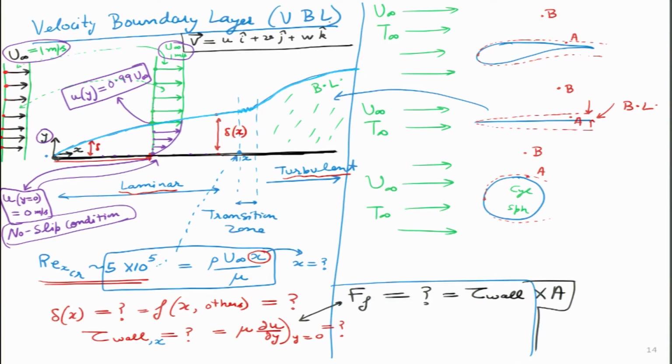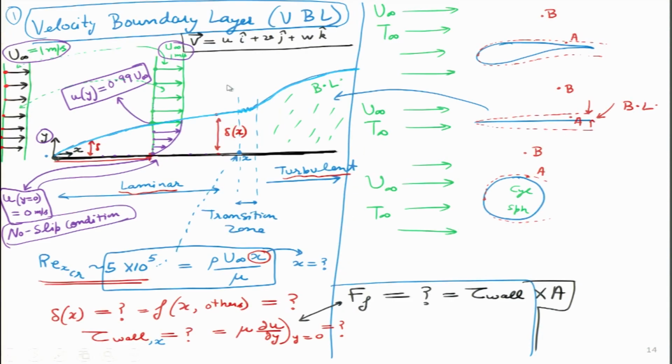So, I hope everybody has understood this first phenomenon, the first type of boundary layer that we have talked about, the velocity boundary layer. Another question will come: we are actually studying a course on convective heat transfer, so why is there no heat transfer taking place in this particular example? In this example, I would like to remind the student that everything is at the same temperature. The air which is coming from the left side and the flat plate are both at the same temperature. If the air is at 30 degrees, the plate is also at 30 degrees.